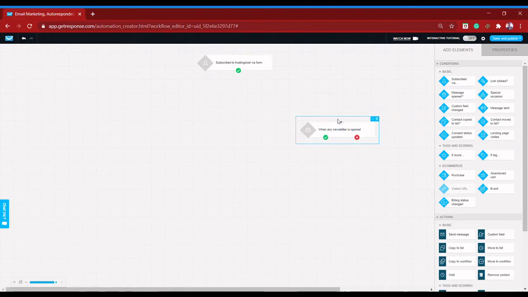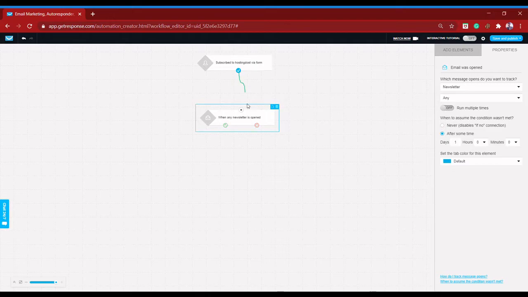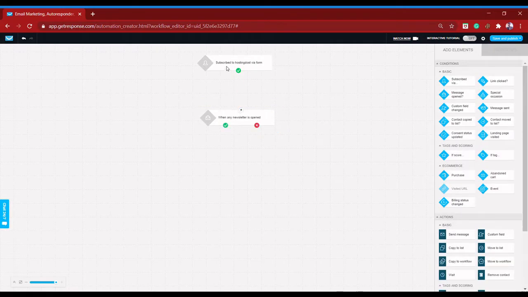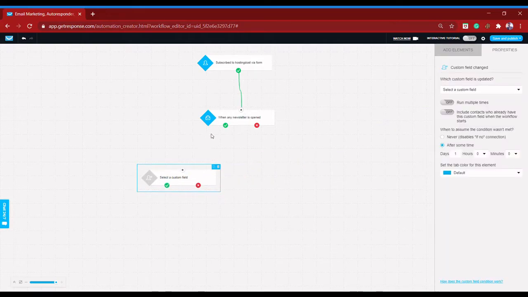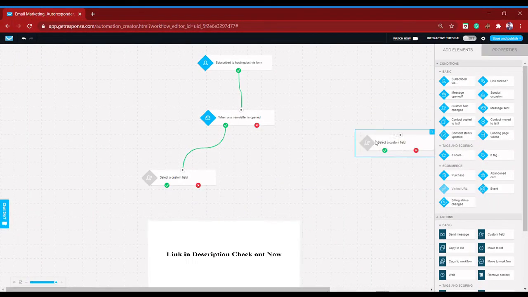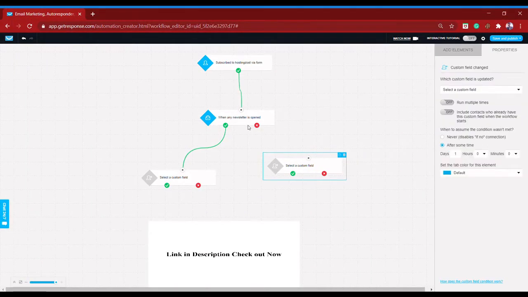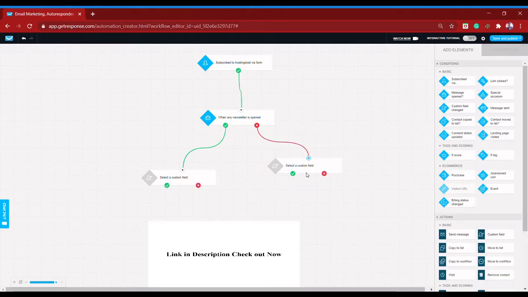Just suppose someone opens my email newsletter, then you can add it here and connect it. If someone opens, you will send some custom changes here. Just connect some changes you will send. So you can do this, just simply connect this.